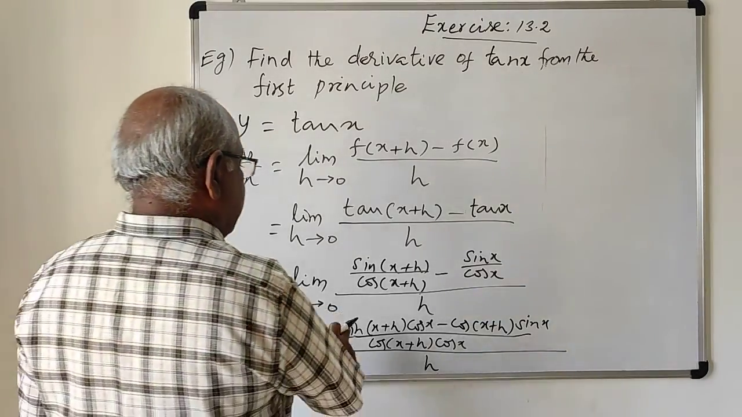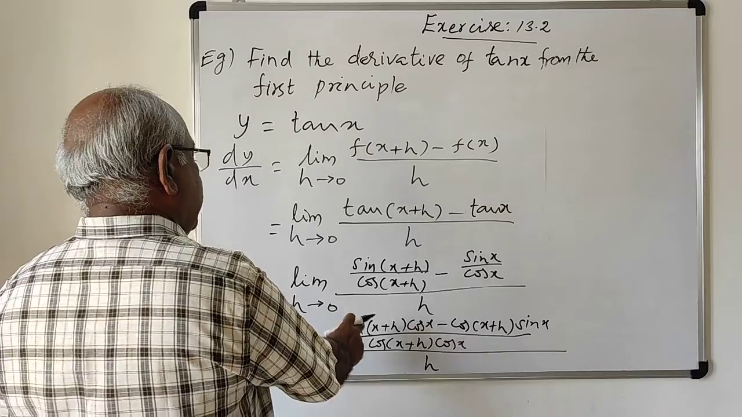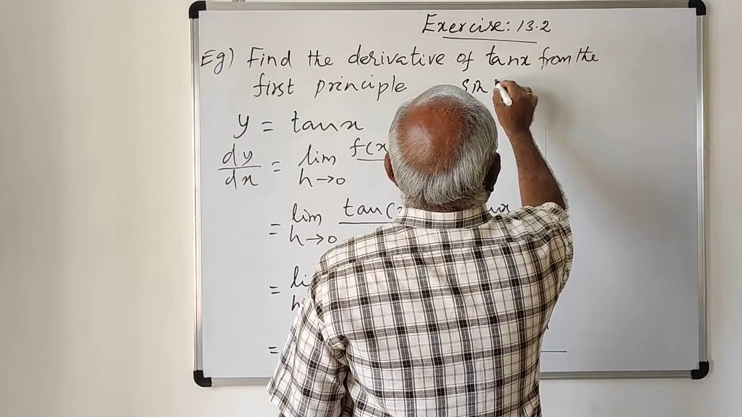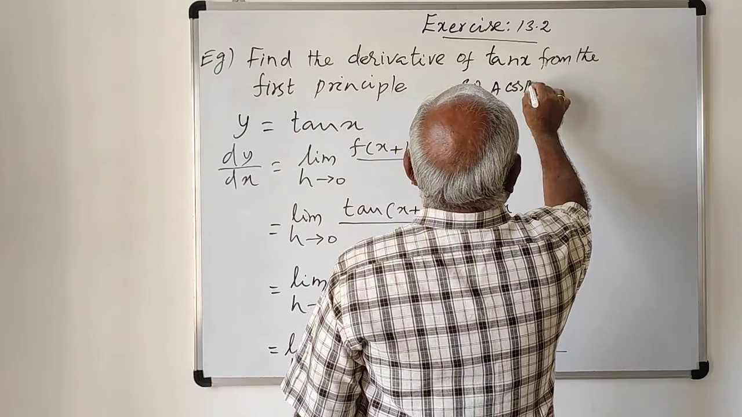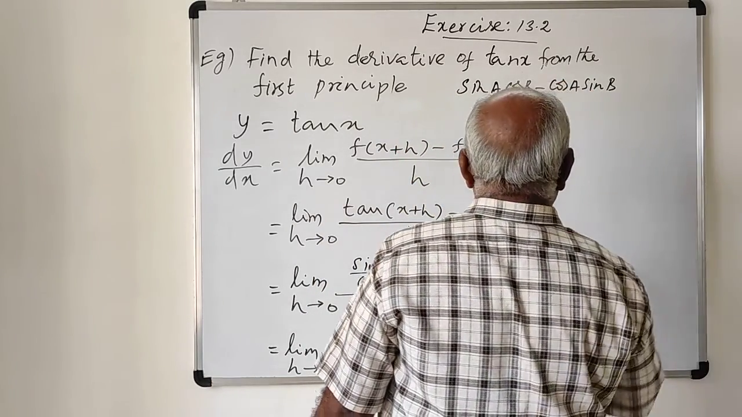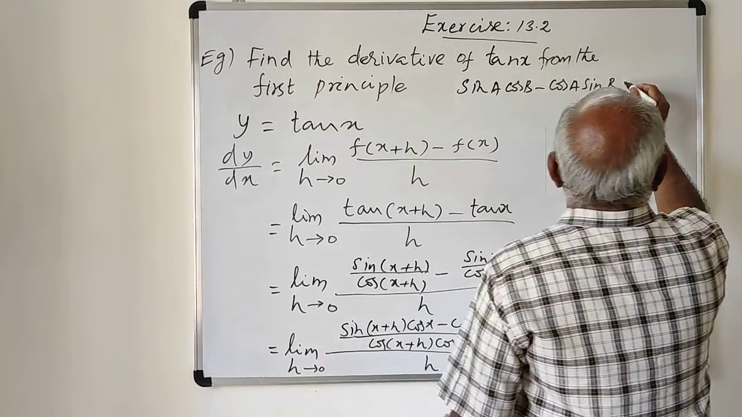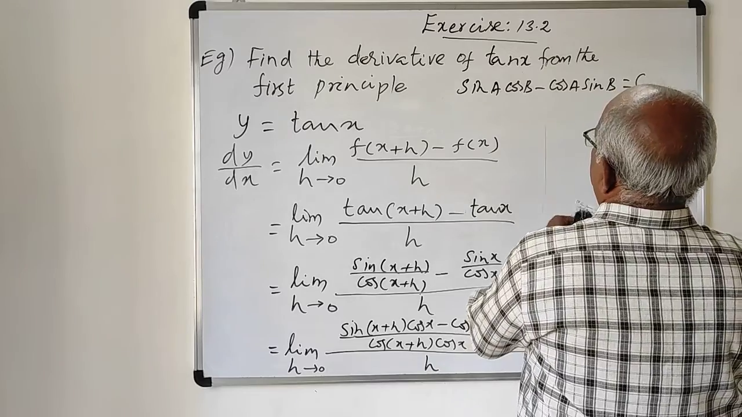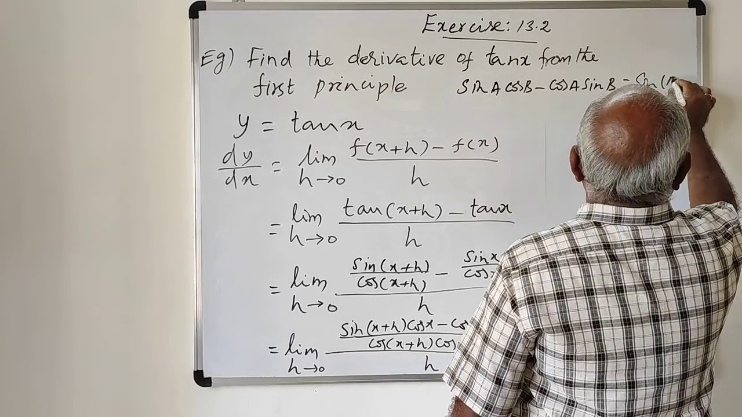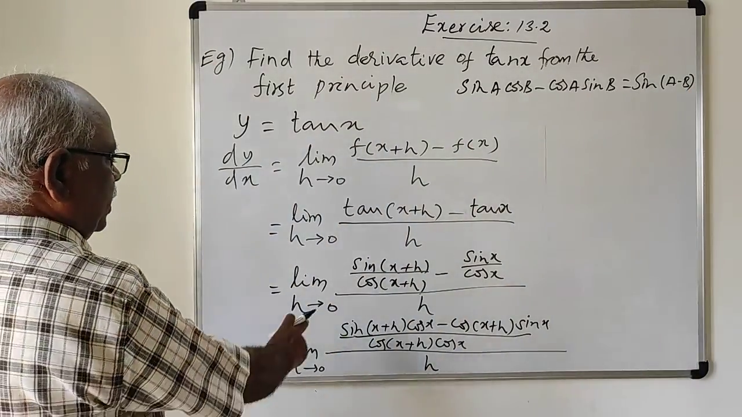You know the sin a cos b minus cos a sin b formula. You know that one trigonometric result: sin a cos b minus cos a sin b is sin(a − b). You know the result as sin(a − b). Therefore, the numerator is,